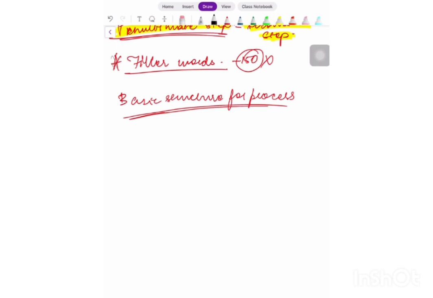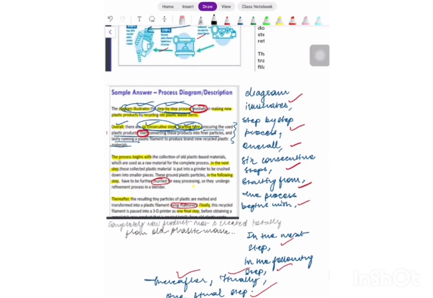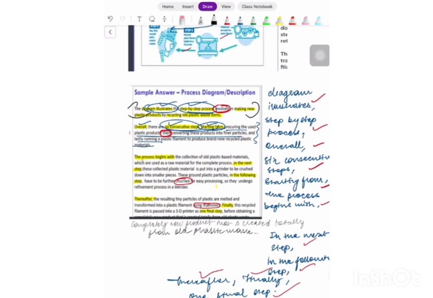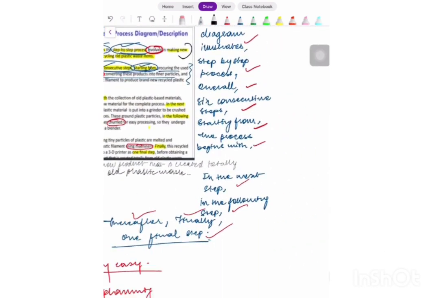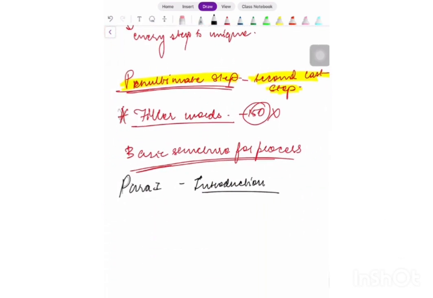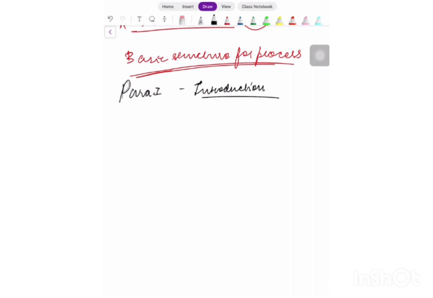So in this, the first paragraph, para 1, will be about the introduction. The two-line part we saw above, this was the introduction. In the introduction only one sentence comes, that is sentence 1, and it will describe the data source